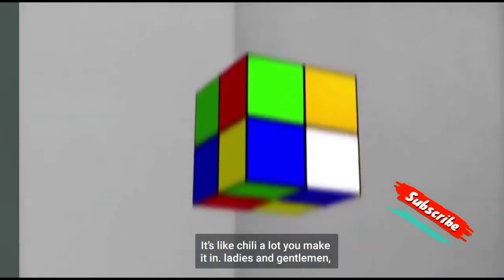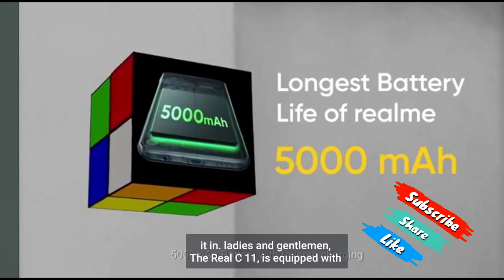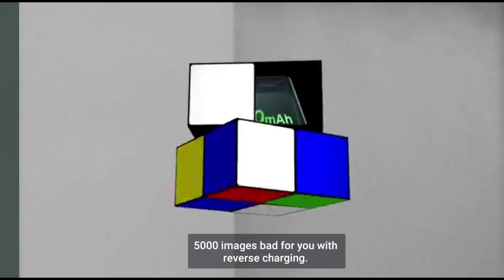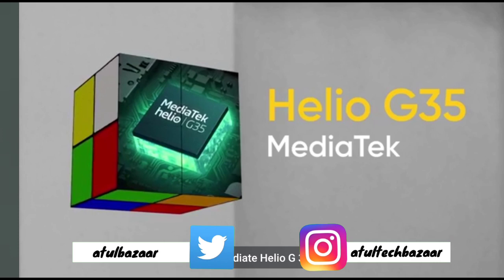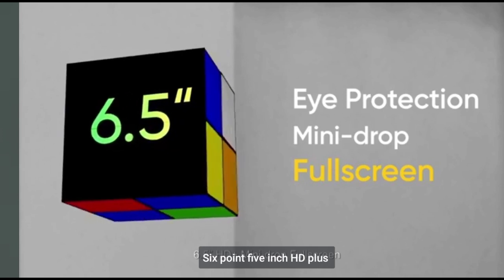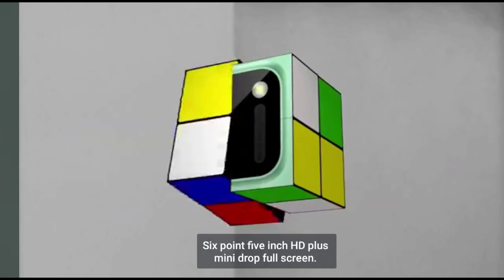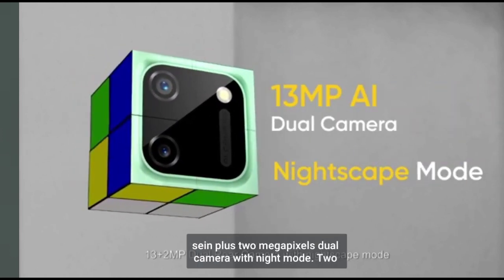Ladies and gentlemen, the Realme C11 is equipped with a 5000 mAh battery with reverse charging, MediaTek Helio G35, 6.5-inch HD Plus mini drop full screen, 13 plus 2 megapixels dual camera with nightscape mode,